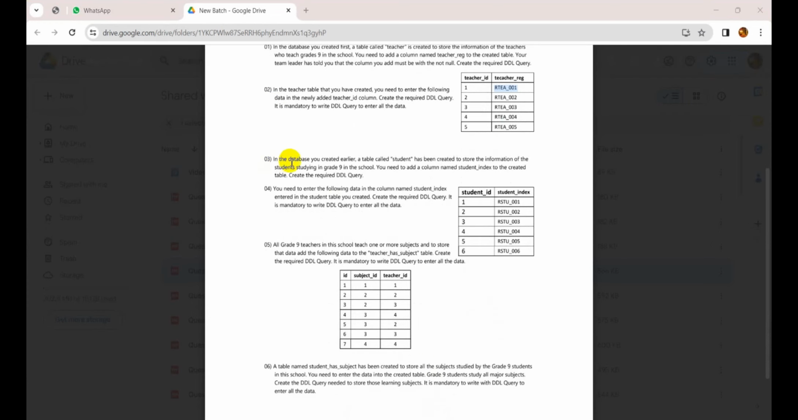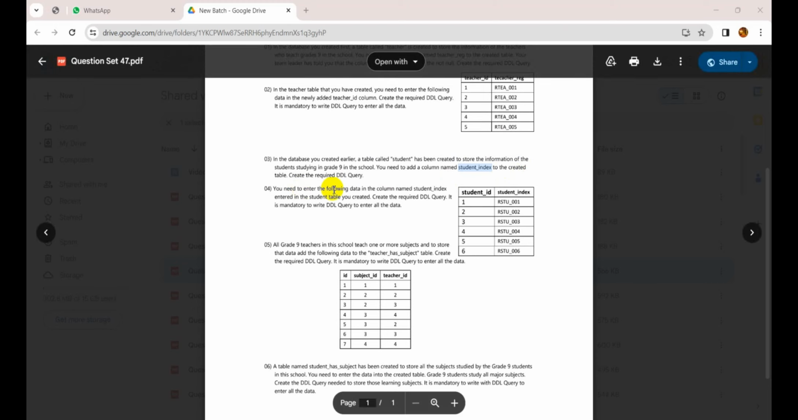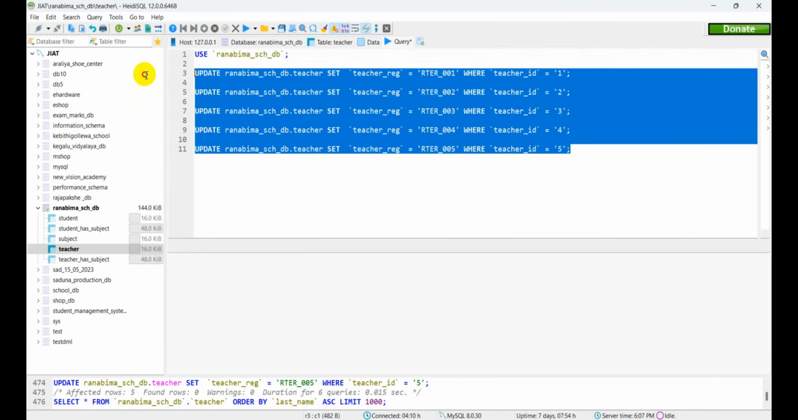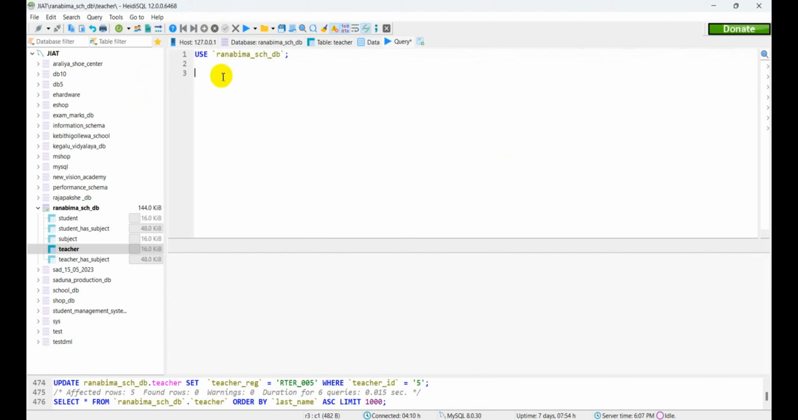And the third question says, in the database you created earlier, a table called student has been created to store the information of the students studying in grade 9 in the school. You need to add a column named student index to the created table. Create the required DDL query. So here, first we have to give the database. After that we can alter the table, the student table,